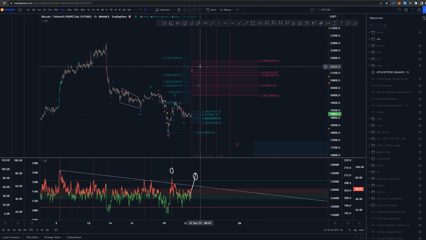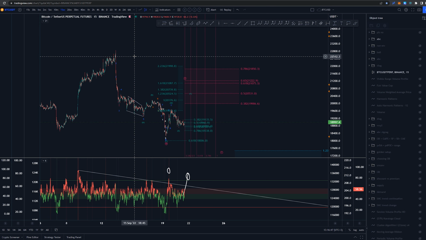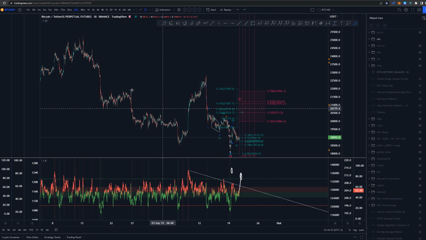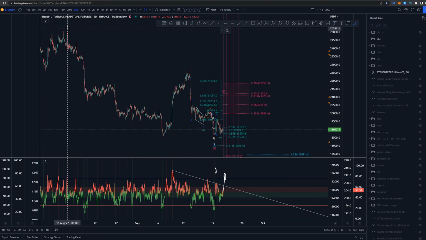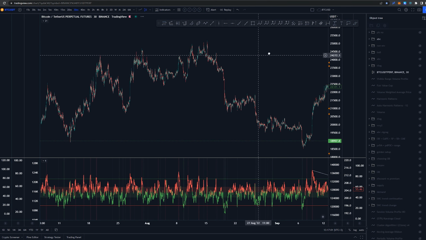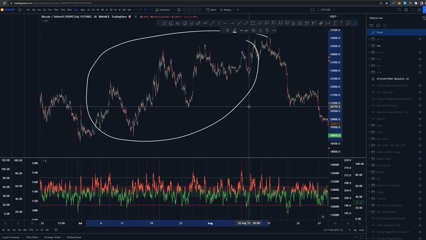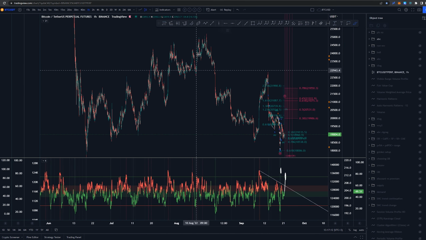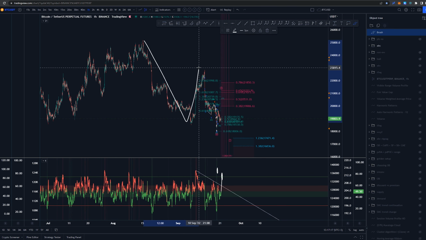I'm not going to be looking into the higher time frame today because, again, those don't really make too much sense to me. I've seen a lot of different counts. Some are saying that, okay, this is going to be a wave 1, 2, or even 1 ABC into wave 2. Anything like that. Of course, those are possible, but those are just not lining up with my higher time frame idea of having this as some kind of 3-wave structure that is a start of something and not a wave 4. I see this labeled as wave 4 a lot of times, so it is possible that, of course, this could be a 1-2, 1-2, or just a 1-2 setup,